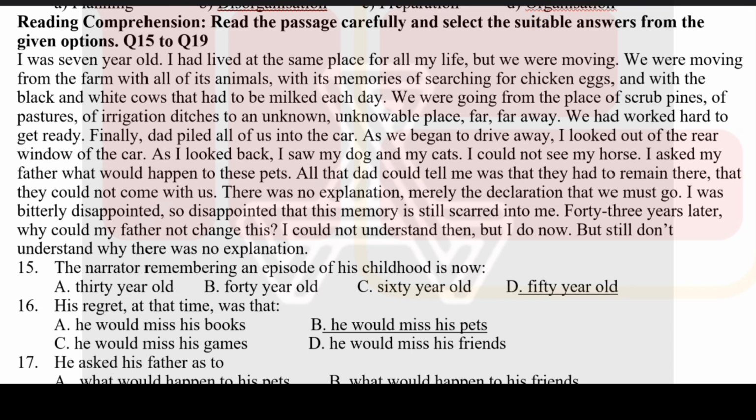Reading comprehension. Read the passage carefully and select the suitable answers from the given options. I was 7 years old. I had lived at the same place for all my life. But we were moving. We were moving from the farm with all of its animals, with its memories of searching for chicken eggs,